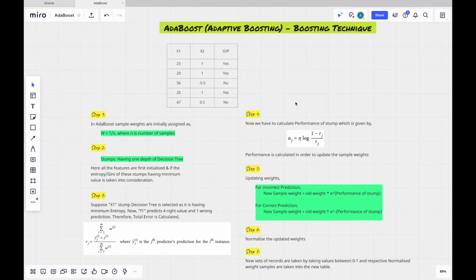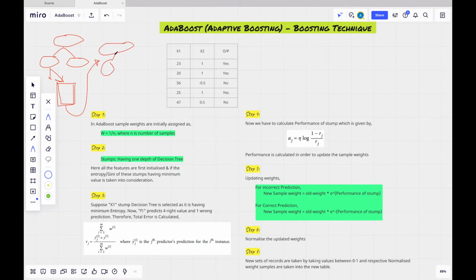What is the boosting technique? Boosting is a technique used to create a strong classifier with the help of a number of weak classifiers. So let us see what a weak classifier is. Suppose we have created one decision tree and it is giving an output. Now we'll get some right predictions and some wrong predictions. So this model is giving some error, some wrong predictions. This wrong prediction is taken and again a model is created.